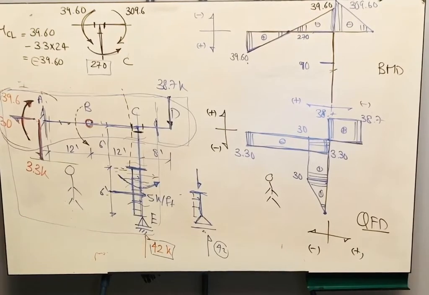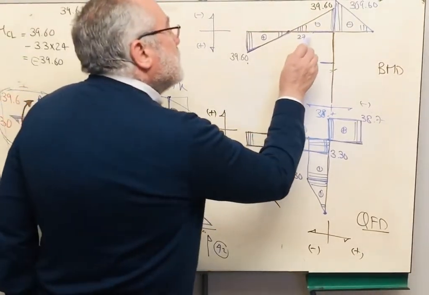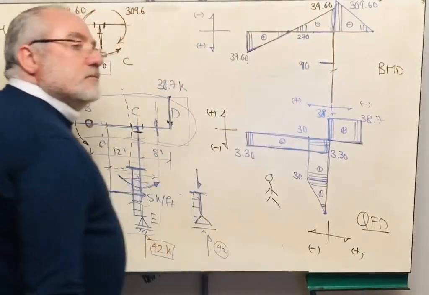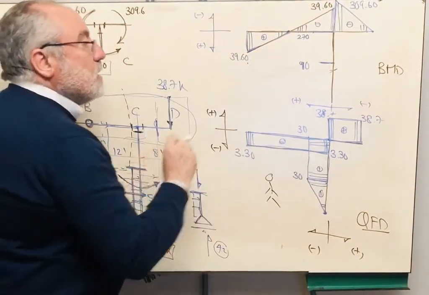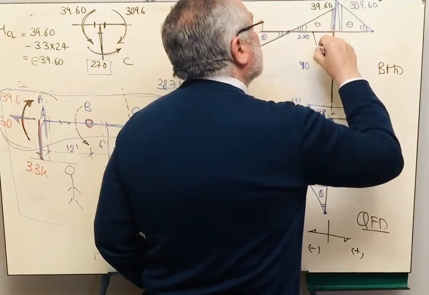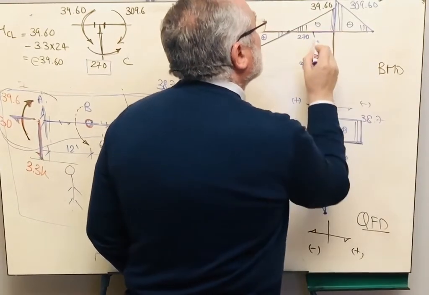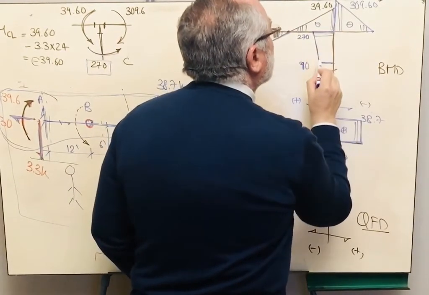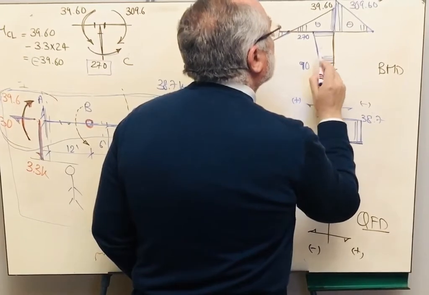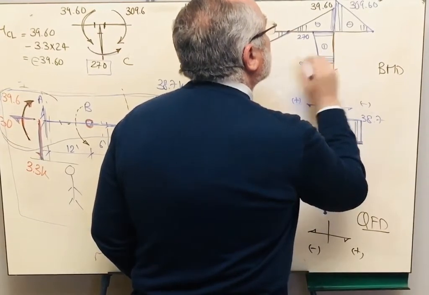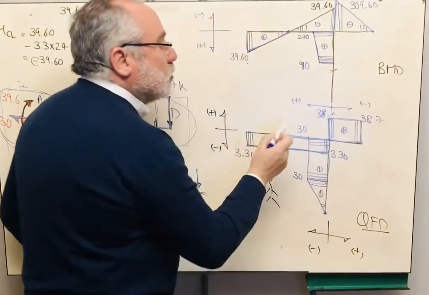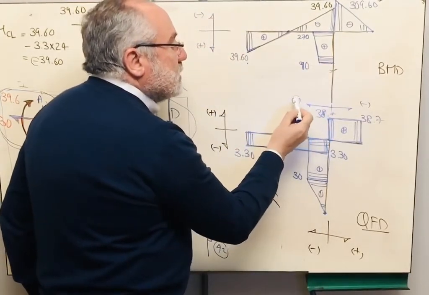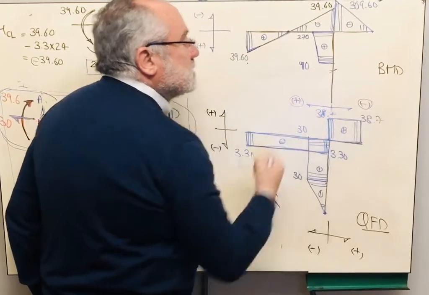Okay? Now, how do I connect the 270 and the 90? We are having here the shear is constant, therefore the bending moment is linear. So this part we are having the bending moment is linear like this. Is this positive or negative? It is positive, because we said that the near side is positive and the far side is negative for the